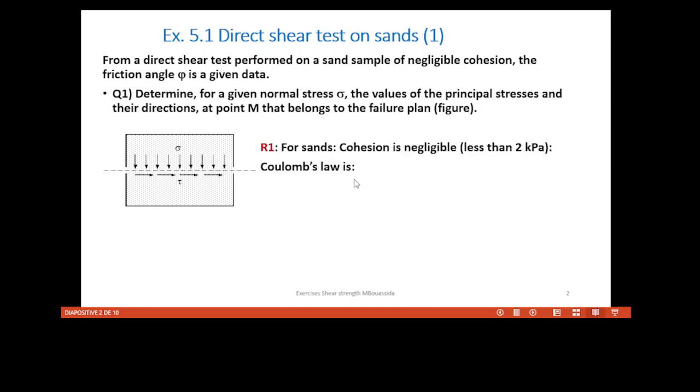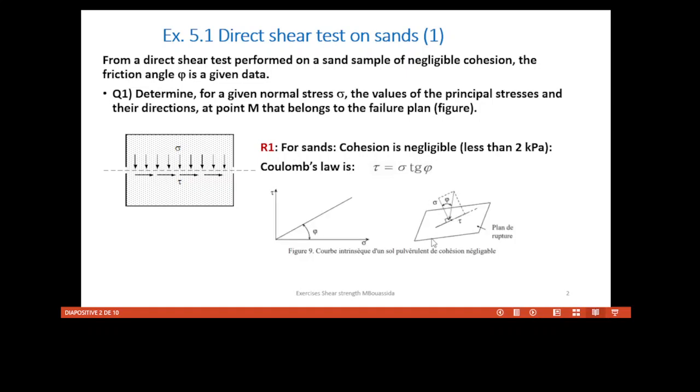The reply to this question: first, we confirm that cohesion is negligible for sands, and the Coulomb's law governing the shear strength of soils becomes simply tau equals sigma multiplying tangent phi, the friction angle. In this figure we can see the intrinsic curve that passes by 0 because cohesion is 0, and the angle